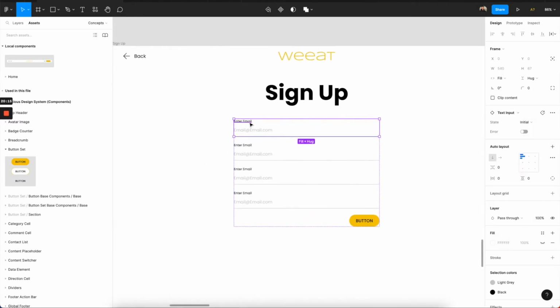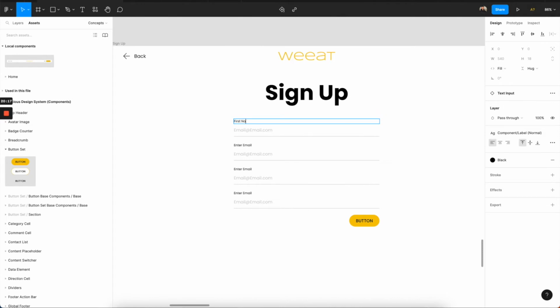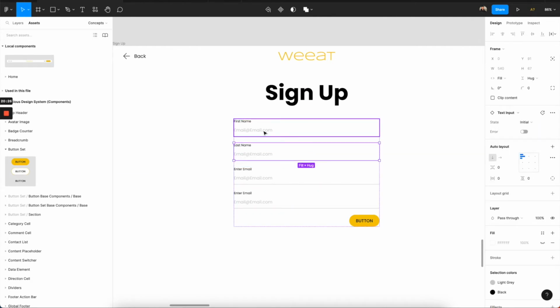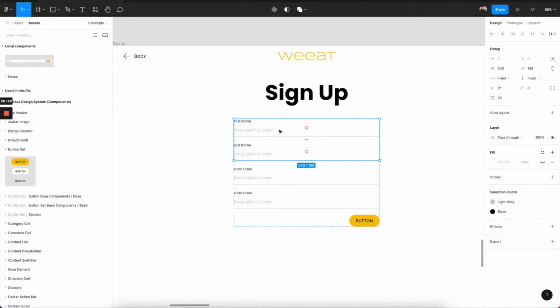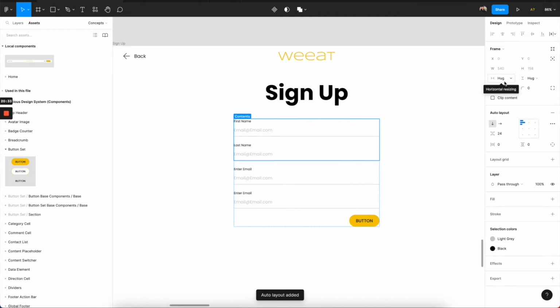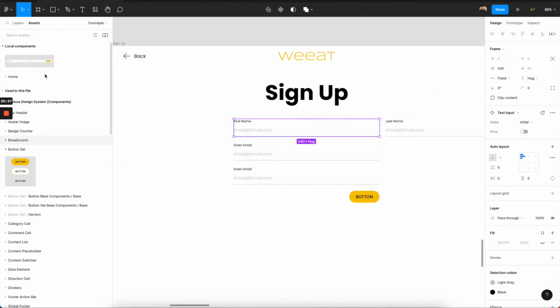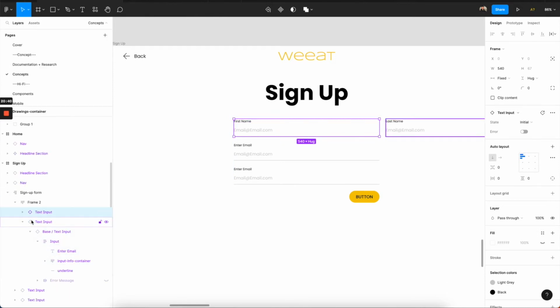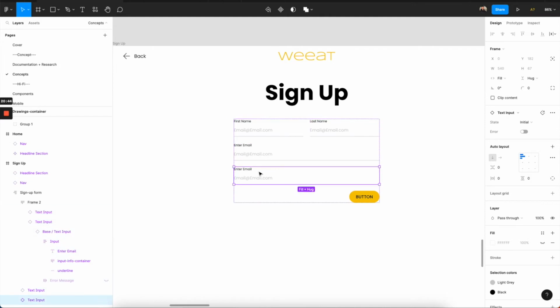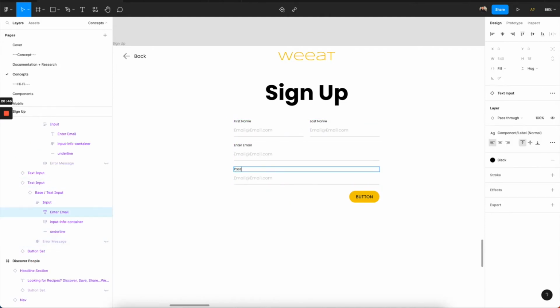So what do we have? First name, last name, and this is where you start getting into your areas. If you wanted to use these on the same line, which from what I've read gets controversial, whether you should have 2 on the same line or not, you do something like this: fill container. You take both of these, change them both to fill container. First name, last name, email, password,